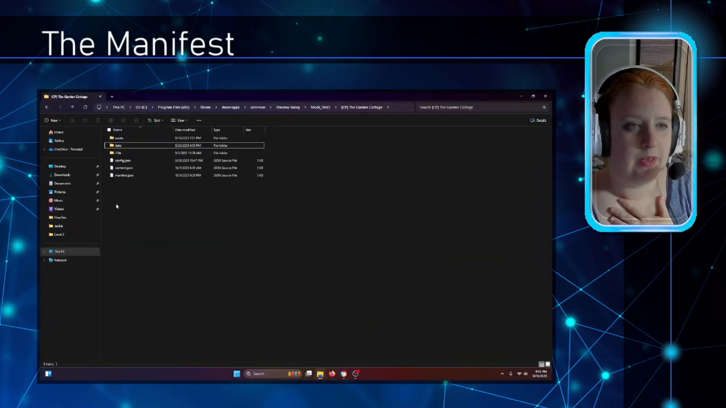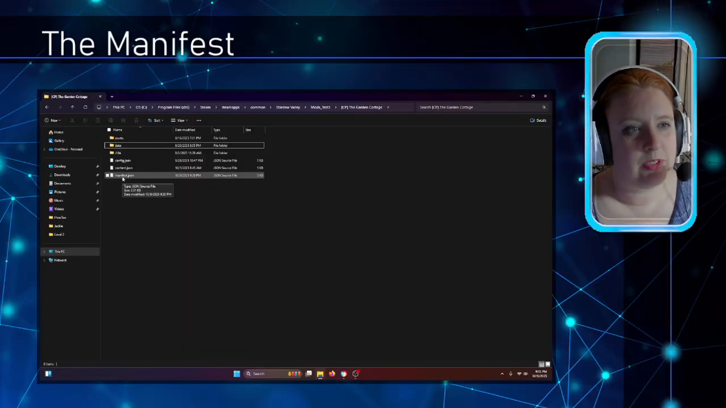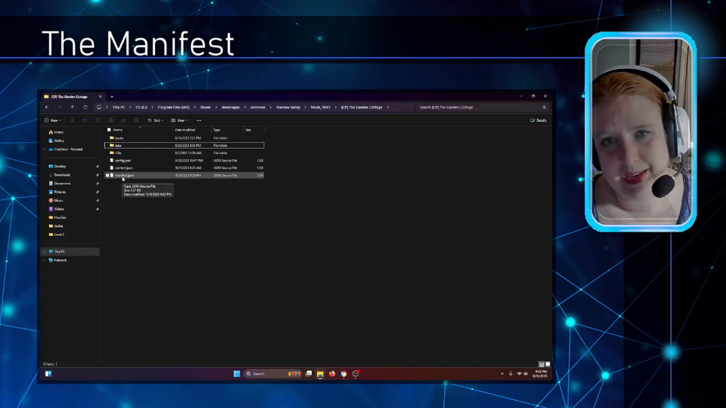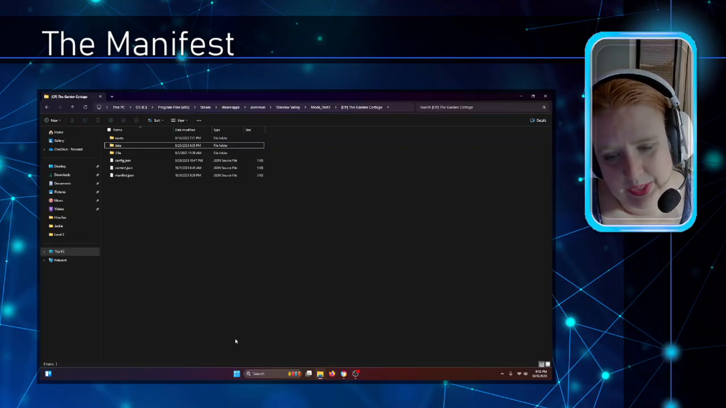So if you're in your folder, your manifest is going to be in your first level. Just name it manifest.json. Don't change that name. That needs to be like that. And then when you open it,